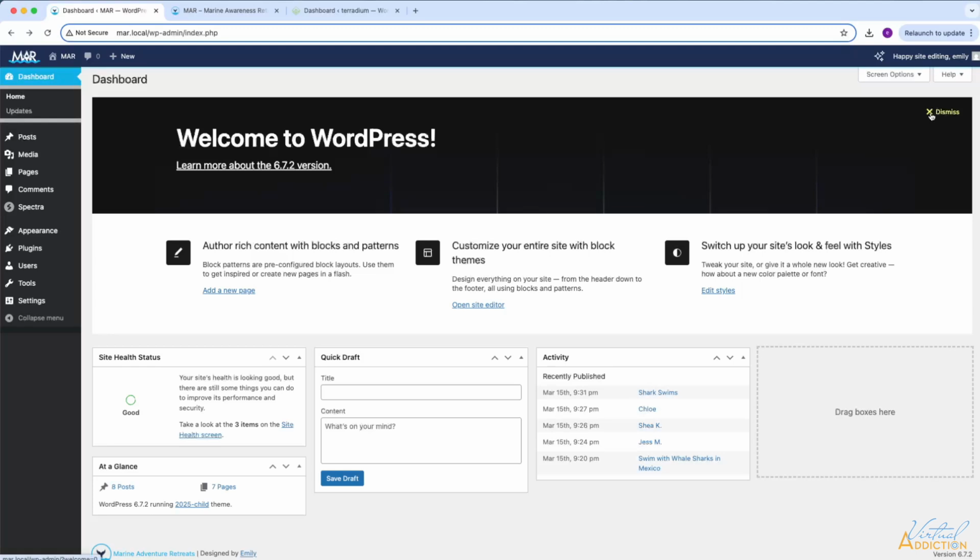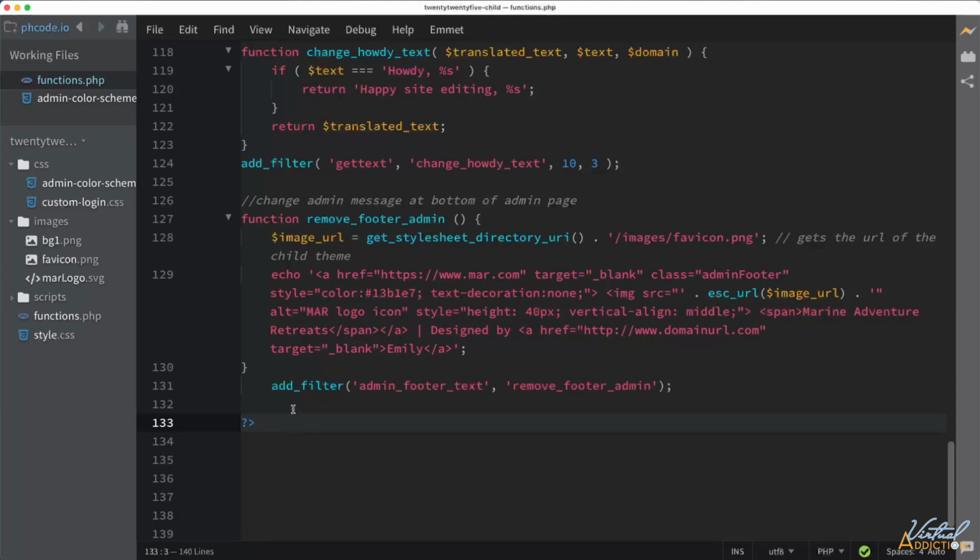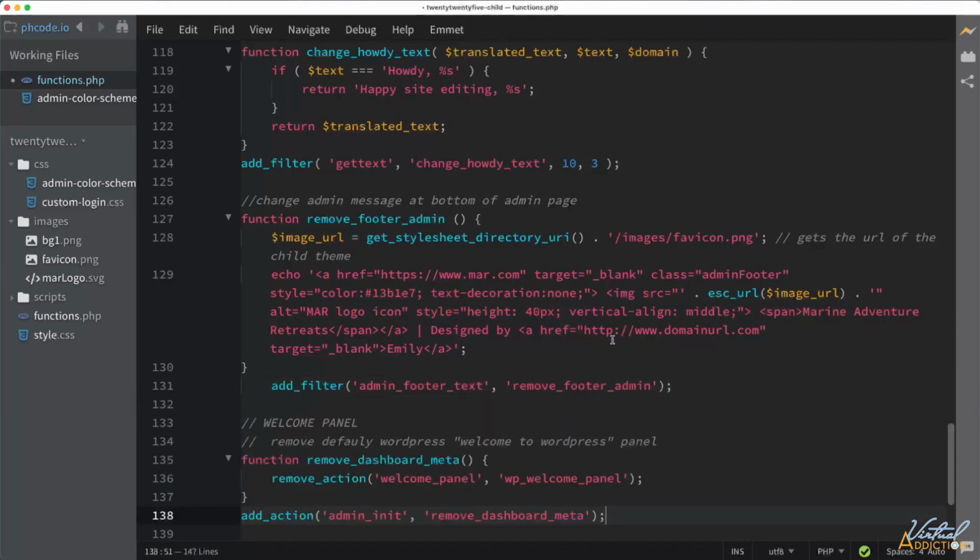Now, it is possible to dismiss this screen, but what we're going to do is utilize this screen and customize it in order to make the admin look more personalized for our website. Let's look at how we can do that now. I'm going to begin by adding a function so that I can remove the default dashboard welcome panel. I'll be working inside my functions file, and I'll go ahead and add the first bit of code that we're